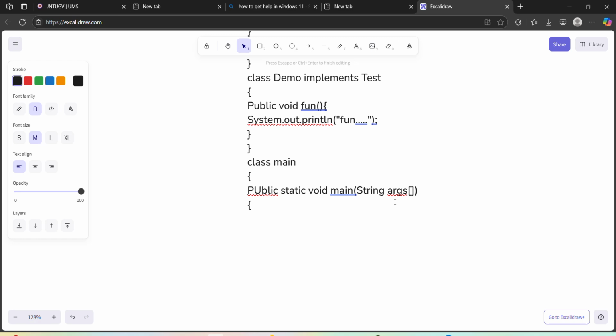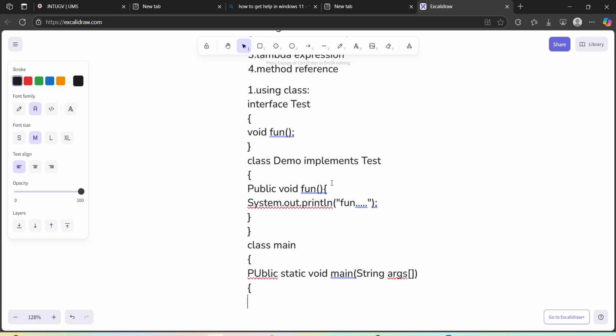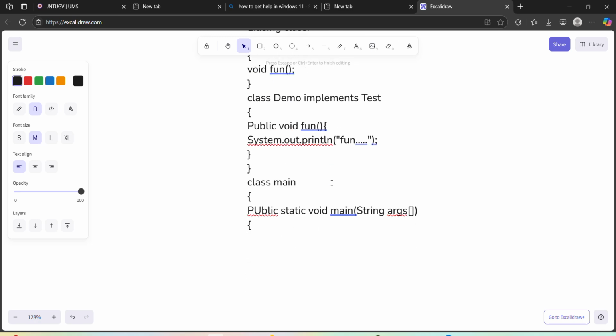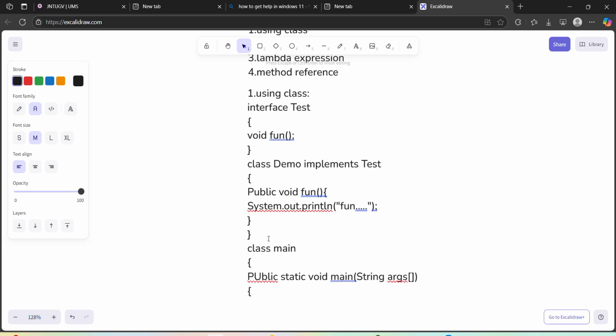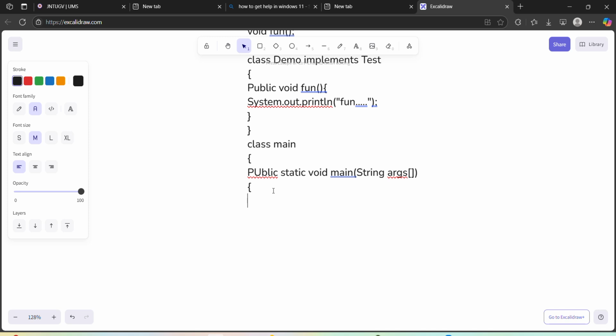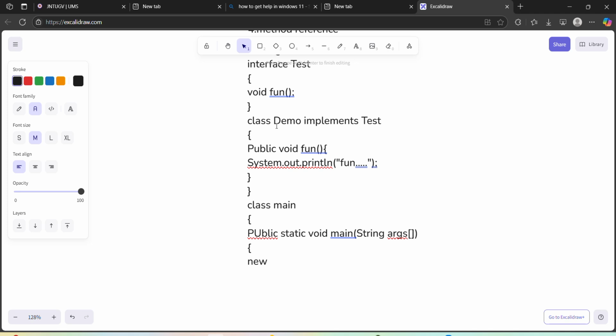We are creating one object for the implemented class, and then we can print by using the object created for the implemented class. So we can create it by using the upcasting concept. Upcasting is nothing but we are taking the object of the implemented class, and also we are taking the parent reference for our creation of objects. So I'm creating one object for the implemented class by using new, and the implemented class name is demo. So new demo,